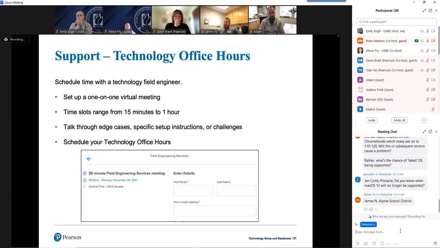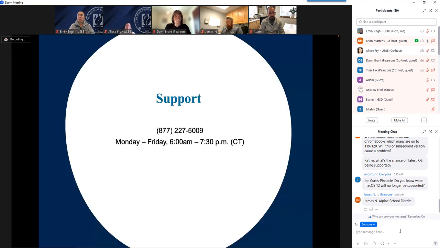and give us a little bit of information, and then it will send out an invite to both you and me or whoever on my team is doing it. And again, you can invite your team as well. It will be a Teams meeting, so you can get online. I can share my screen. You can share your screen. We can talk things over. So just be aware this is an option out there. There is also the option to call the 800 number directly and tap right into support right away. So just be aware of that.